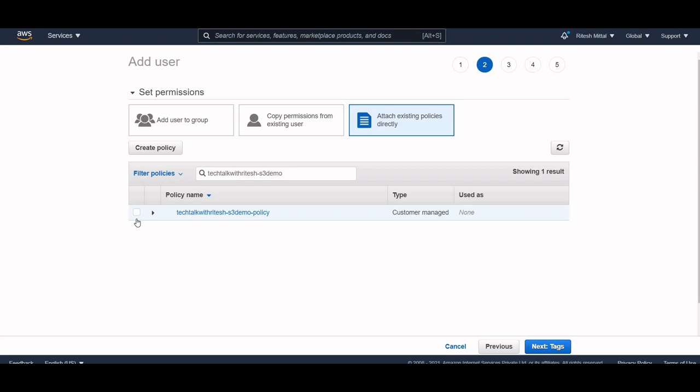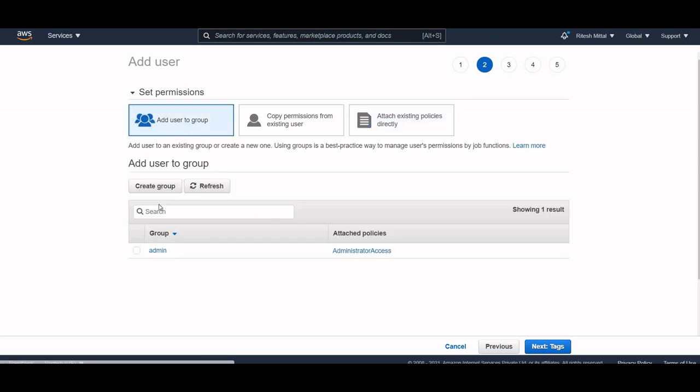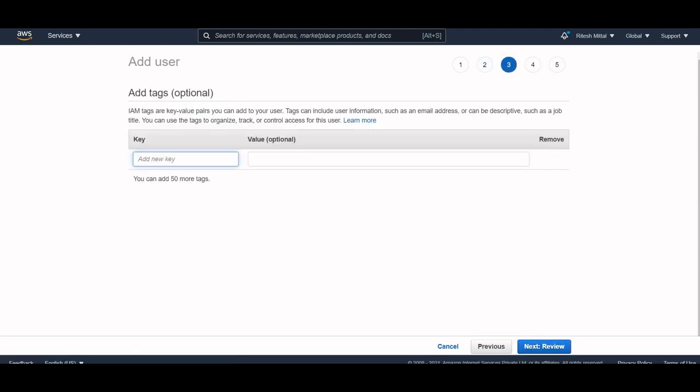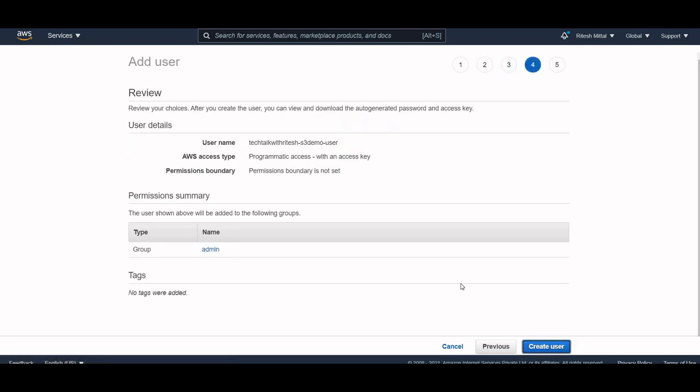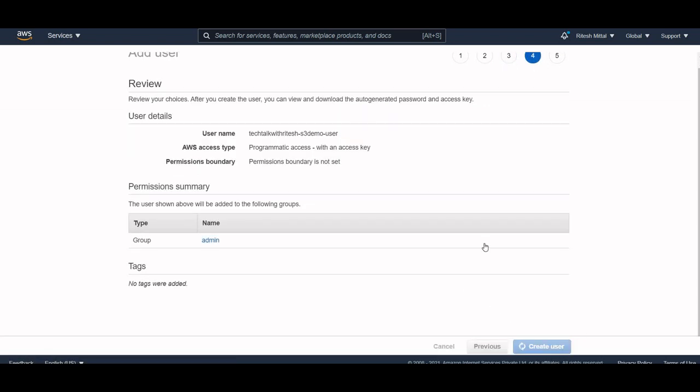In my next video I am going to explain how we can use the S3 ingester tool: if we already have bulk data available in an S3 environment, how can we import it into our AEM DAM. For that we need more access to this S3 bucket. Ideally, if we just want to set up S3 as a data store, we should not do this, but for the time being I am selecting admin so that I will have admin privileges. I click next. I don't need any tags for this one. Everything looks good, so I will create this user.